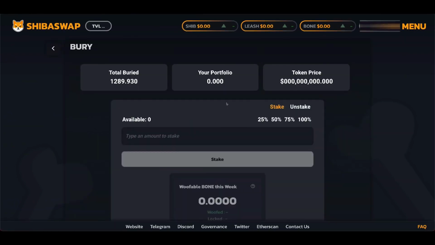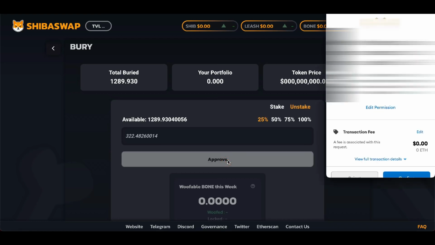And as you can notice, I ran out of leash. I don't have leash anymore. I already staked all of it. So in this example, I'm actually going to show you how it's done when you unstake it. So what I'm going to do is, I want to unstake 25% of it because I want to go and provide liquidity. So I select the 25%, I approve it,